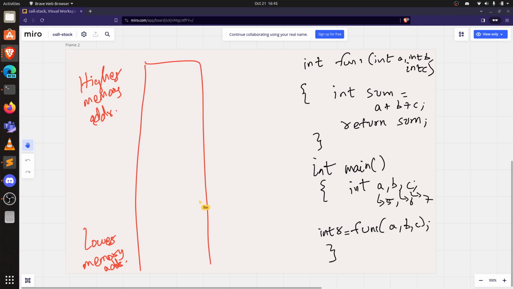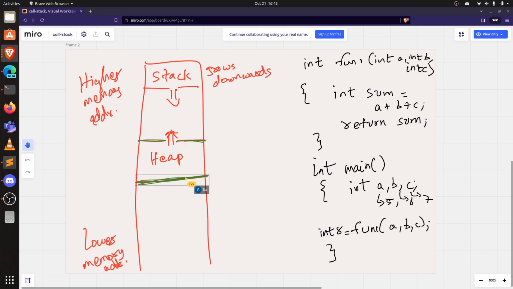So at the top you will have something called a stack region, right? And the stack region will grow downwards. Okay, so it grows downwards. And then you will have a heap region which grows upwards, right? And followed by that, let's use a different color. This will be your heap,